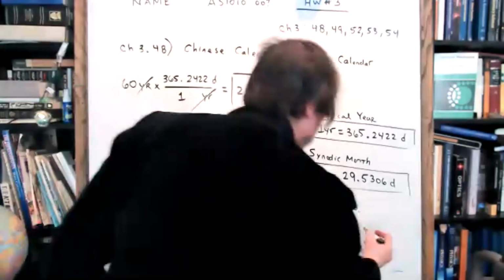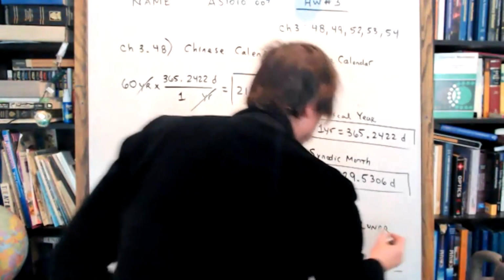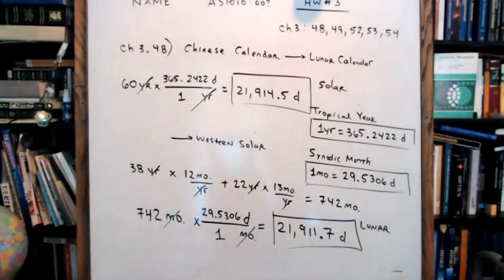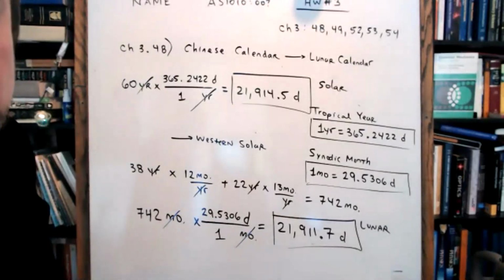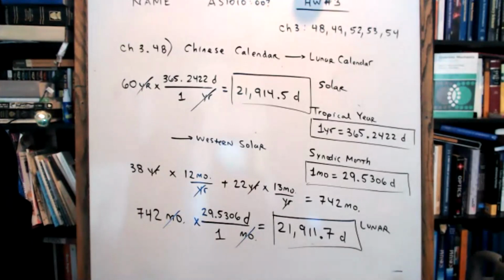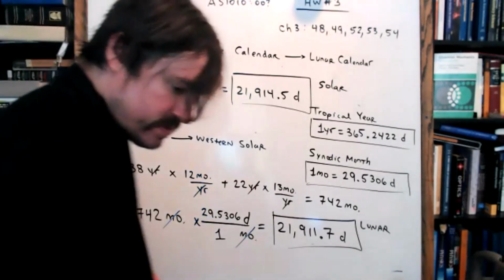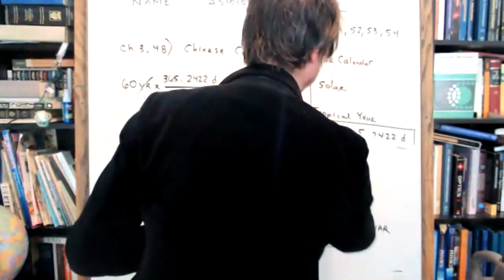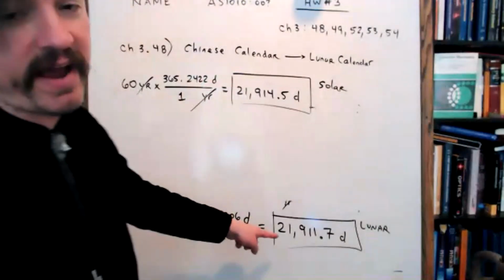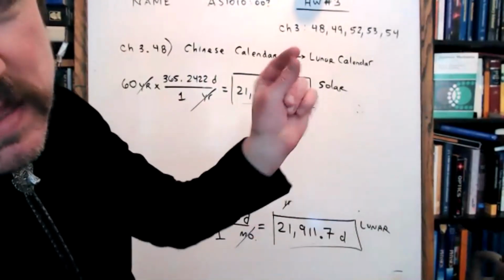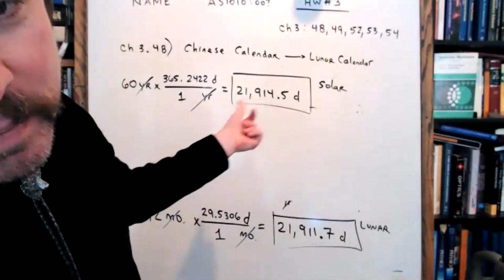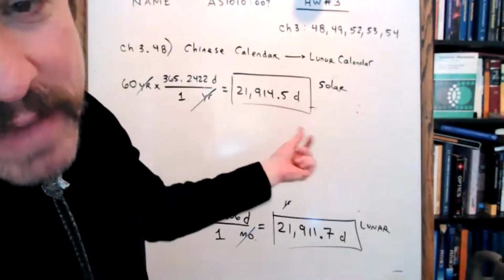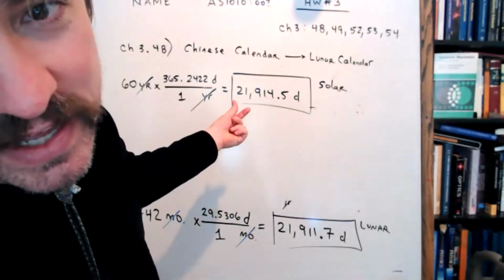Let's label this. This is the lunar calendar, 60 years. This is the solar calendar, 60 years. Now we have to compare the two. I'm now going to show you some next level comparison skills. Students, when we have to compare two really big numbers, you can see that they're only off by a couple of days out of 20,000. So these are wicked close to each other. Maybe being off by a couple of days is a big deal, but not if it's out of 21,000.